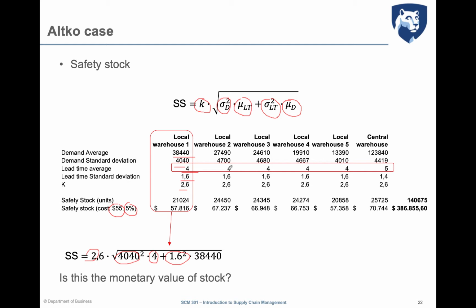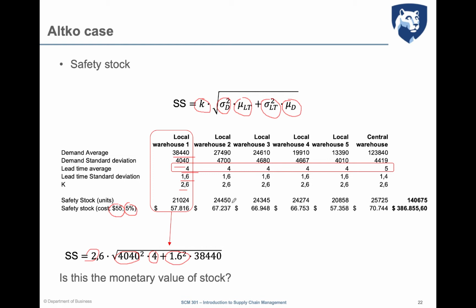So in this case, for the local warehouse, it will be the standard deviation of the demand 4,700 squared multiplied by the average value of the lead time 4 plus 1.6 squared multiplied by the average value of the demand